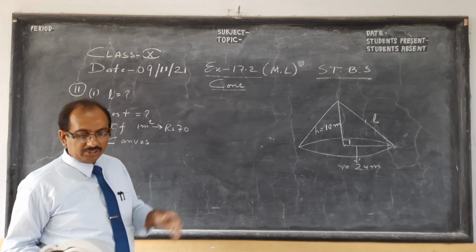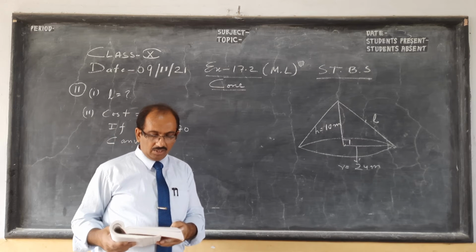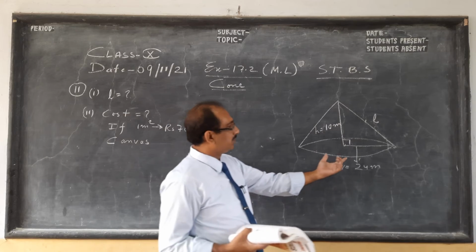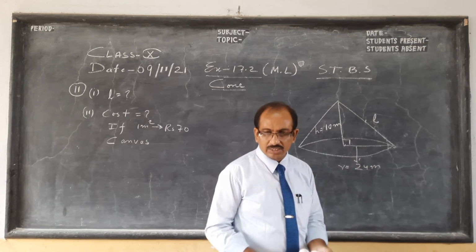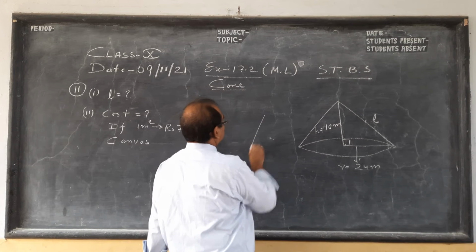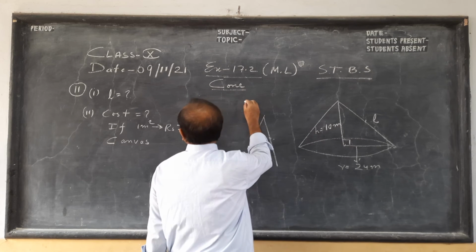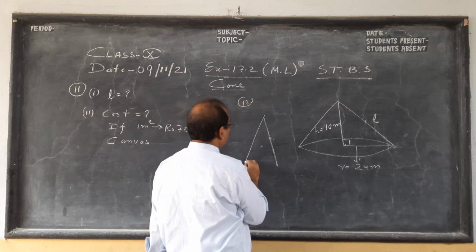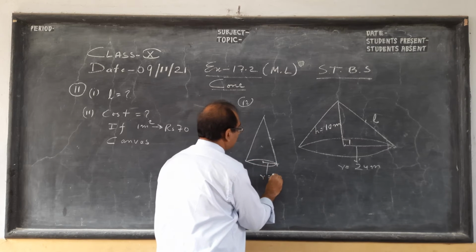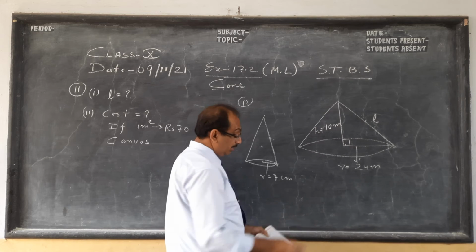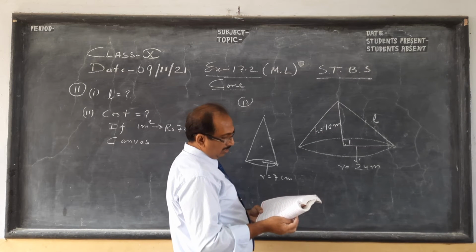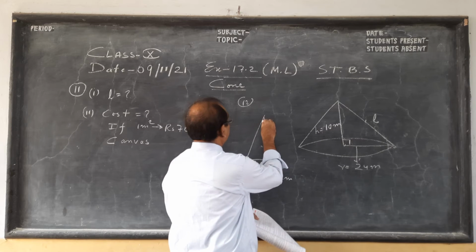And the second question based on that, which you will try, number 12, is a joker's cap in the form of a circular cone of base radius 7 centimeter. So it's more like the joker's cap I had drawn. That question you will do after this on your own. So the joker's cap, this is number 12. I am just giving you a hint. So the radius of the base is 7 centimeter. Remember this is meter unit. 100 centimeter is 1 meter. And the height of the cap is 24 centimeter.